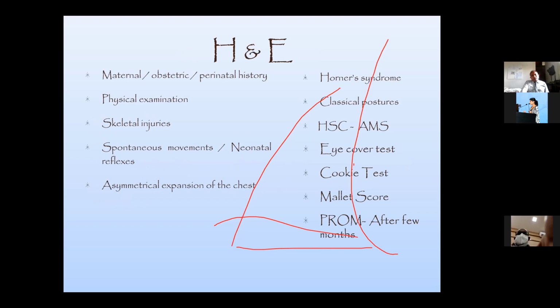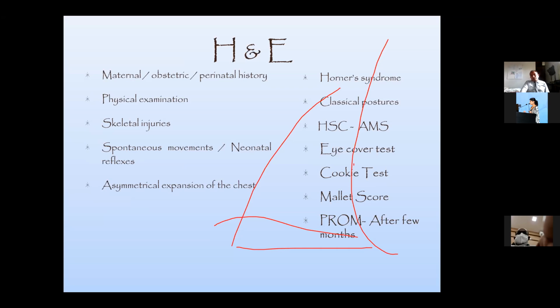So in the history and examination, we would like to know the maternal history, obstetric history, perinatal history, and also the basic physical examination to exclude differential diagnoses like clavicle fracture, humerus fracture, and associated spinal injuries and so forth. And also neonatal examination, spontaneous movements, neonatal reflexes, all have to be done. I'm not going to discuss those. And asymmetric expansion of the chest is important to observe because sometimes there can be associated phrenic nerve palsy, Horner syndrome, and classical postures like the waiter's tip deformity, which happens in